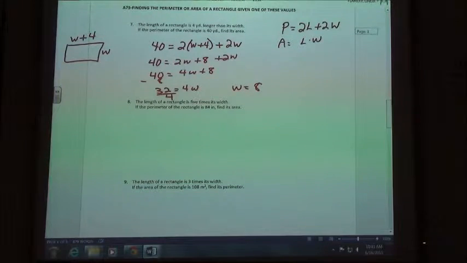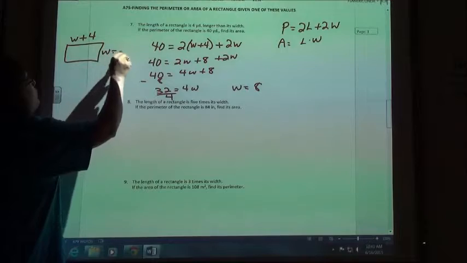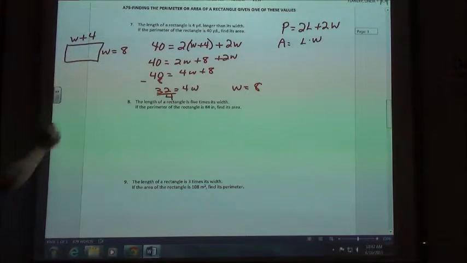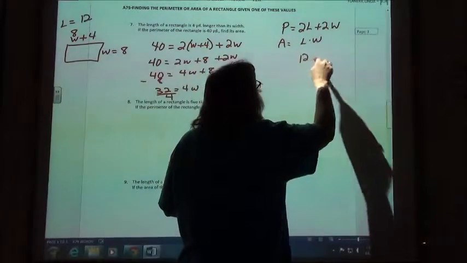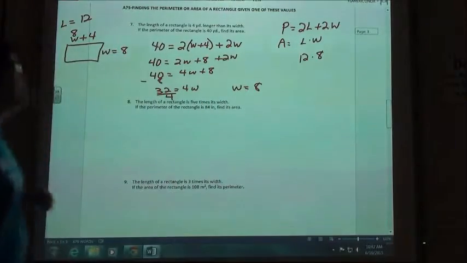After you find the width, go ahead and label your rectangle. We know our width was 8. Our length is going to be 8 plus 4, so our length is going to be 12. Once I know both my length and my width, now I can answer the question, which says to find the area of the rectangle. The area, I'm going to take the length times the width, so 12 times 8 would give me